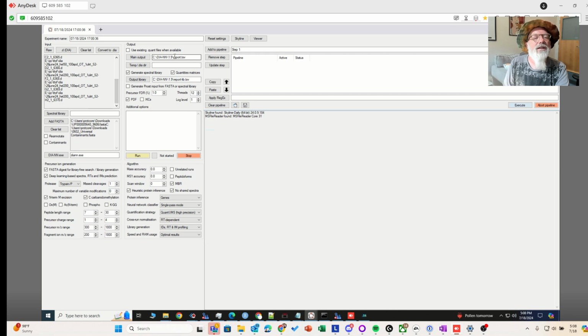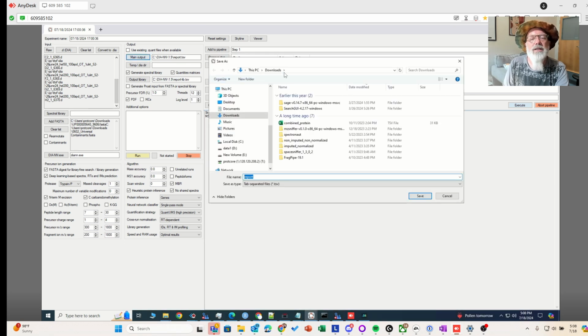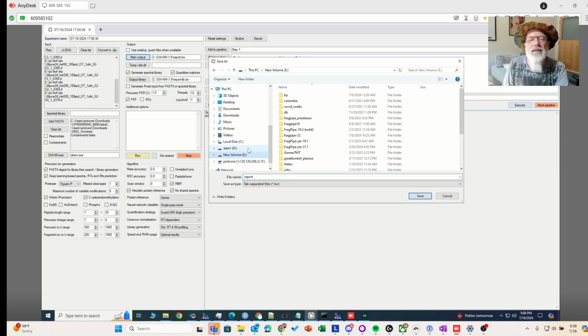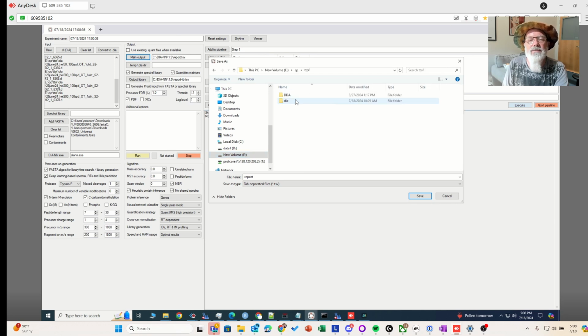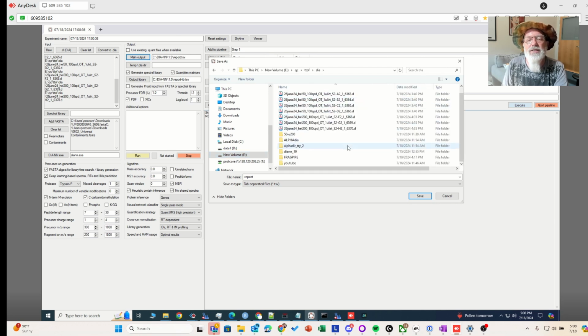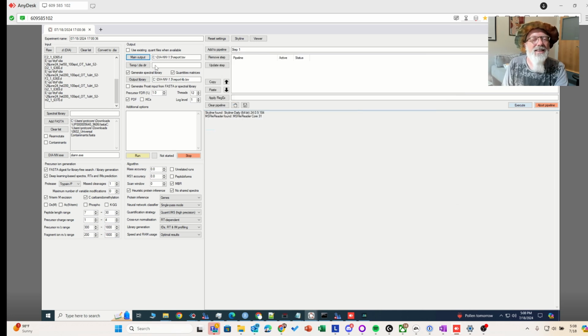You want to tell it where you want to put it. Let's see, I think I have this under QC, timsTOF, DIA. Just put it somewhere, and then you give it a name, and then you hit run, and it will run. Just do it before you go home at night. It'll probably take 4 or 5 hours for an entire proteome. And you only have to do it once, but before you do it, I almost forgot, it's probably better to